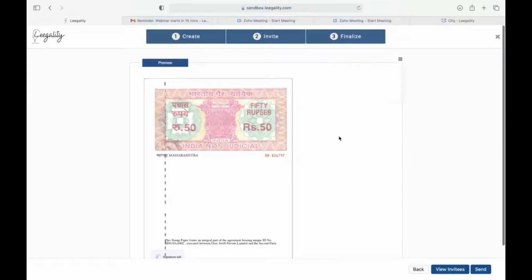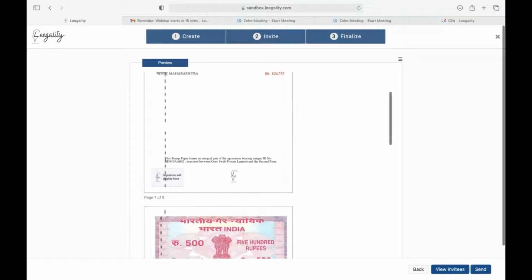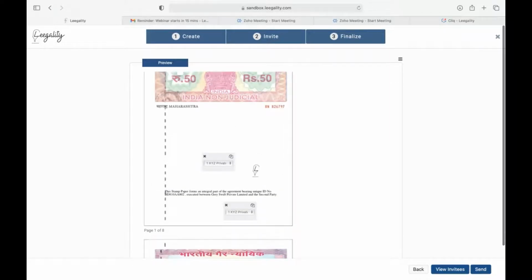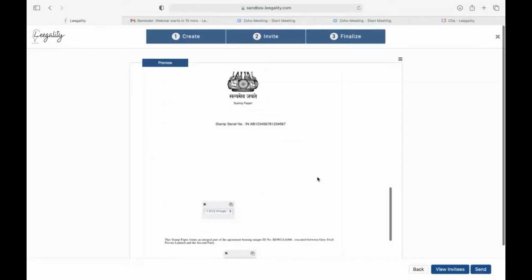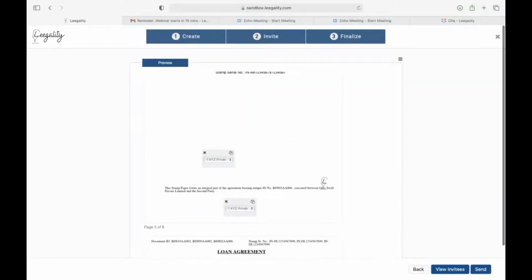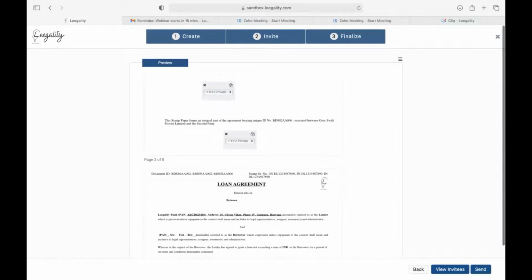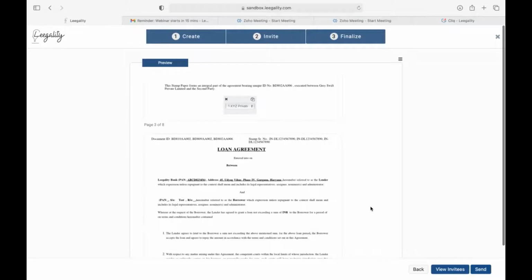You can place your signature coordinates on the stamp papers. If you place signature coordinates on any stamp paper, they get replicated on all of them. You don't have to repeat the process for each stamp paper. Now, a few important things to bear in mind. You'll see here that the agreement itself has 3 different stamp serial numbers which are imprinted on top here, right?